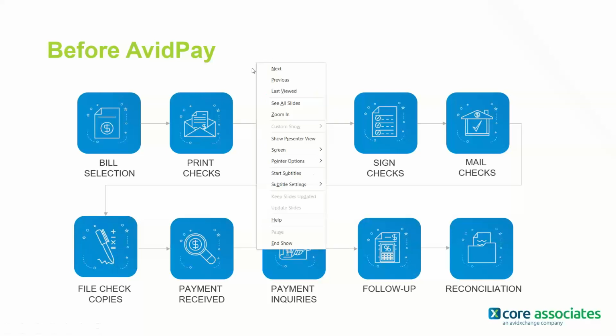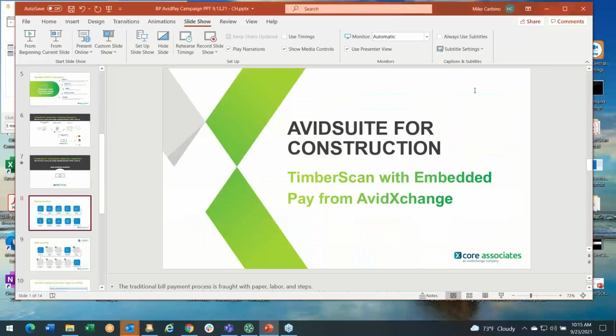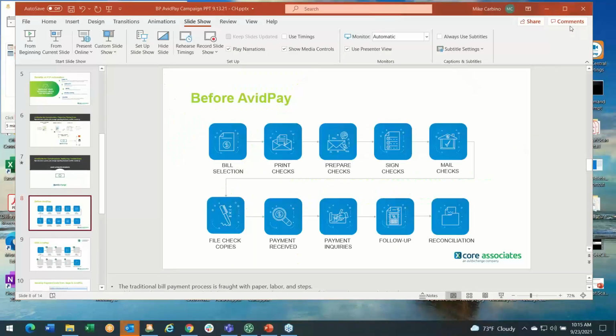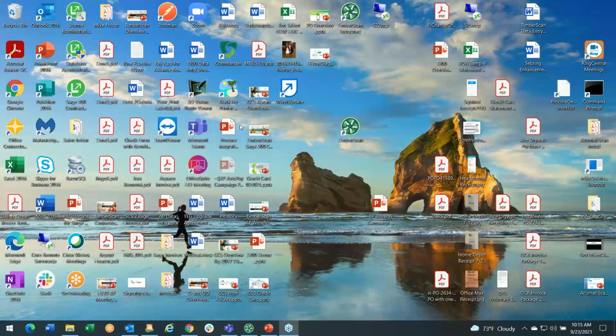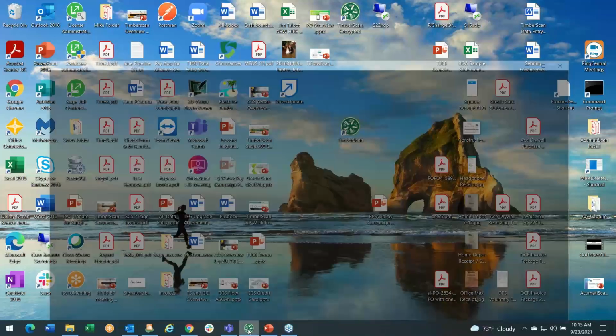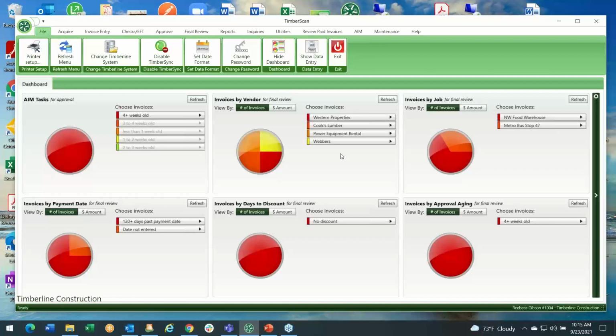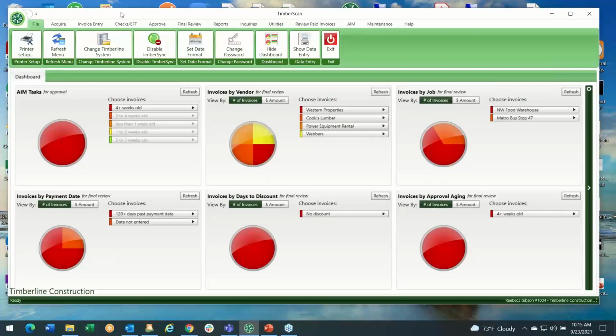So with that, I'm going to break out of the PowerPoint and we are going to jump into the software. I'm just going to bring up TimberScan for a moment. I'm not going to go through a full-fledged demonstration of TimberScan, but just wanted to talk about the workflow process. So let's say we're going to start with a purchase, and regardless of where that purchase order was created,